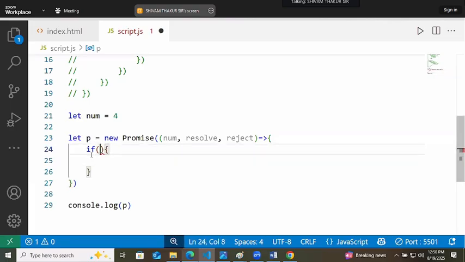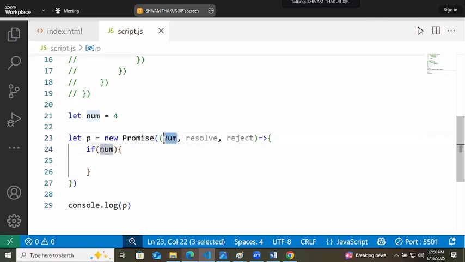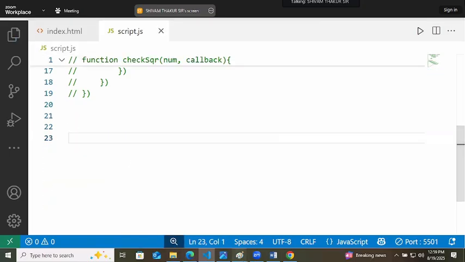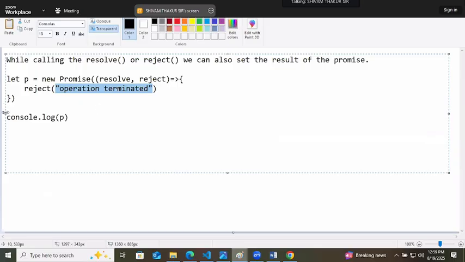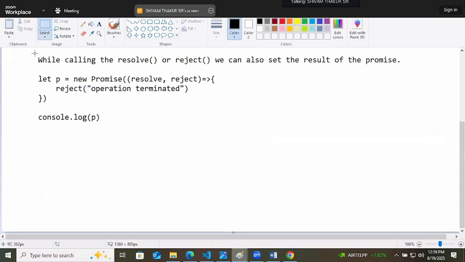By the way, this num is a parameter. Don't think that this num will be passed here. Don't think like that, this is separate. Every time you will get a not-a-number value. So I'm just telling that this is how promises are rejected or fulfilled with an answer also, right? Like this.